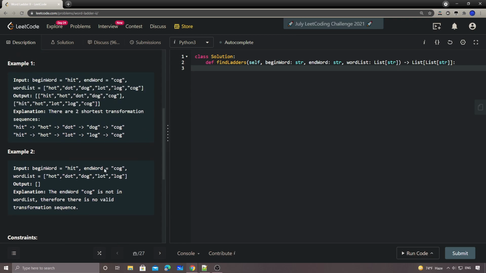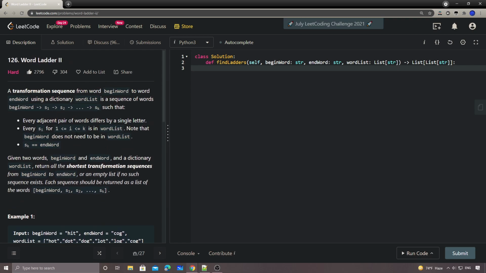So obviously, this one is also a BFS search. The only difference is that we want to print all the paths, not only one of them. This will make us make some additional changes, because if you remember how the BFS works, basically every time once we visit a node, for example, if we have a node here,